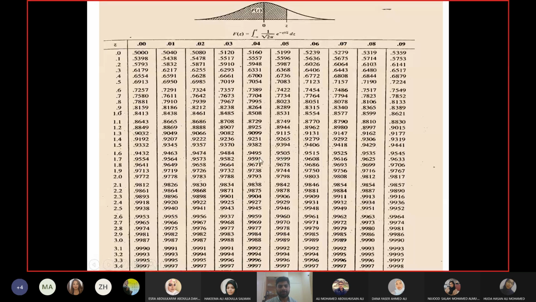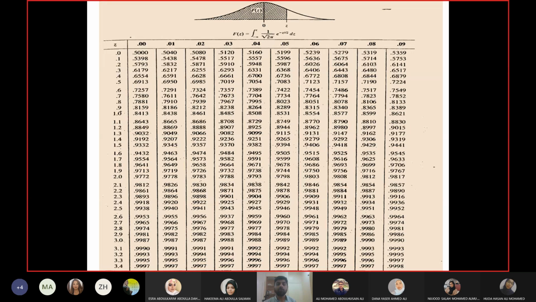If you take the middle of 0.9495 and 0.9505, you will get 0.9500. So I want a value which is in the middle of 1.64 and 1.65. 1.64 is the Z value for this probability and 1.65 is the Z value at this probability. So if you calculate the middle of 1.64 and 1.65, you will get 1.645. So the Z value which I am trying to compare with is 1.645, which is the Z value at 95% probability.